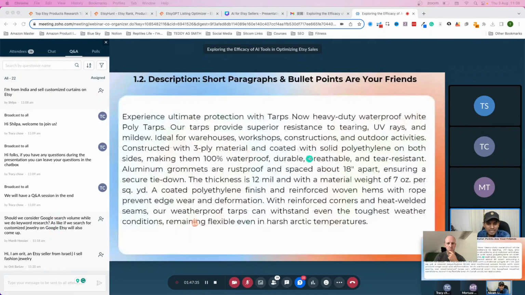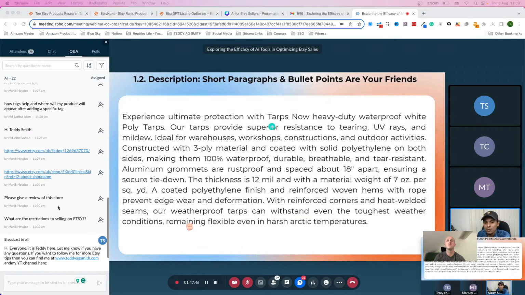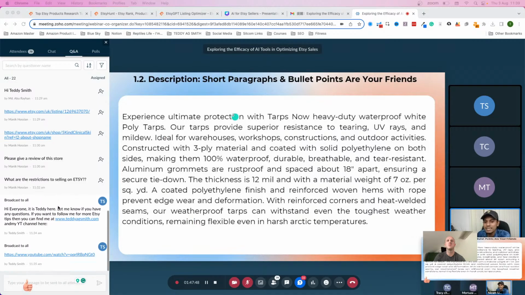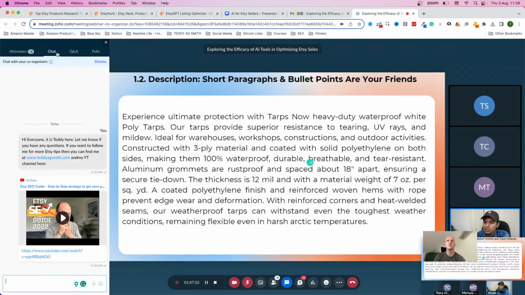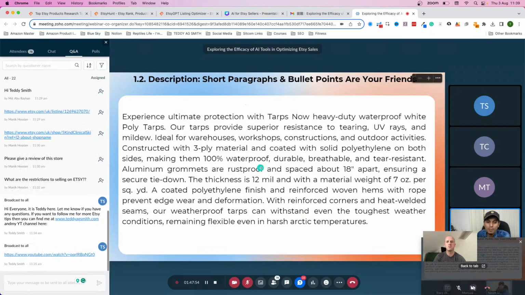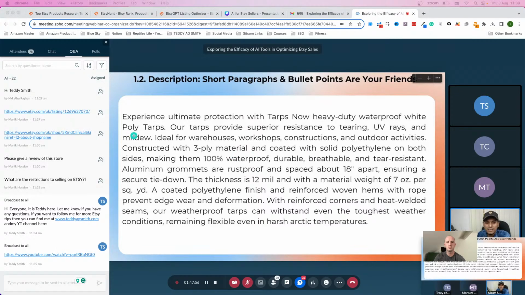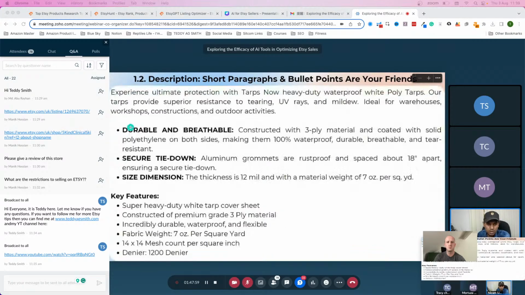Here you can see that this is another example where we have written the same thing that you see in the last slide, but it is written in a paragraph. This is not reader friendly, so you need to make sure that your description is reader friendly, like the earlier one. So moving forward,